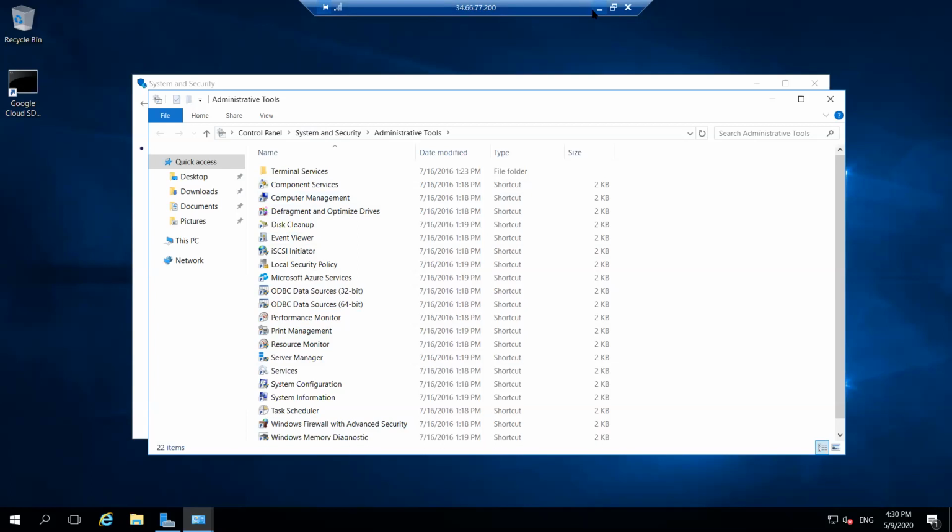First we will introduce this program, partitioning a disk using the control panel. We have already entered the control panel. So the system and security panel, then from there the administrative tools, and from there the computer management option. So we'll go for computer management. Double click on computer management.